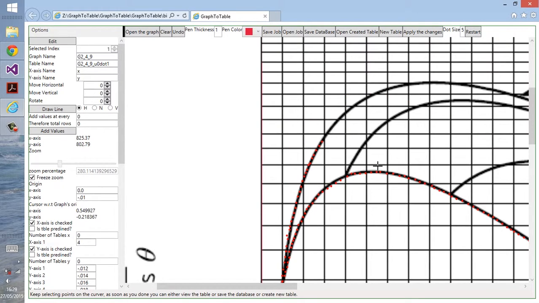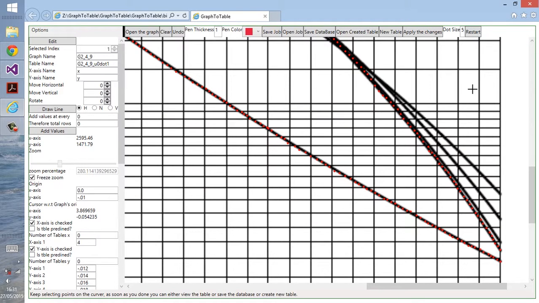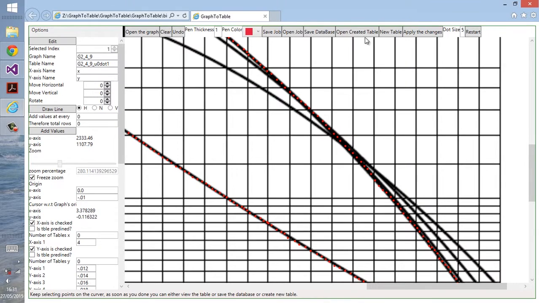Try to do it as precisely as possible on the curve, because that would affect the value of x and y. If you need a greater zoom, then you can use the zoom facility as well to make it even more precise. It depends how precise you would like it to be, but this program is a very precise way of capturing x and y values. In the same manner, after finishing saving all the points on the curve, we have to